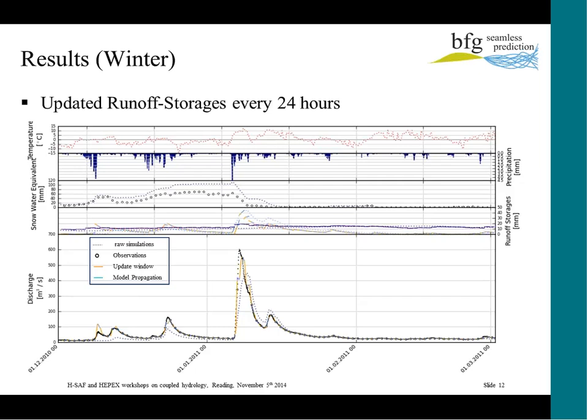But we have to keep in mind when we look at this portion of the figure that the snow storage of the model is not being touched by this assimilation approach. So we only update the upper zone and lower zone storages by observed discharge. So we add water to the upper zone to account for missing meltwater, or we subtract it when we have overestimation of